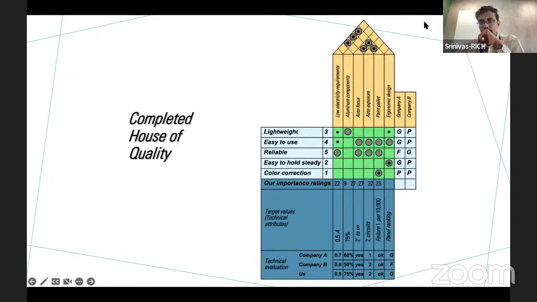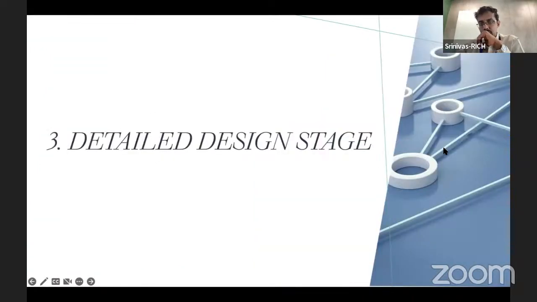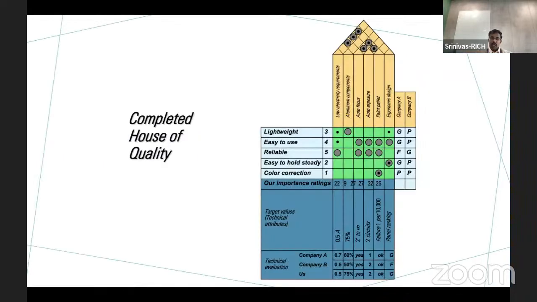Okay, so now I'm going to proceed further to one more framework that we use, and this is going into the next stage. That is, once you have the minimum viable product, all the functional requirements for the minimum viable product come out of the quality function deployment. And then you start designing the product in much more detail, right? And here is when you actually run into decision-making problems. That is, okay, which feature do I drop, right? Or do I launch the product in 2 phases? It may be too much to accommodate this entire thing.